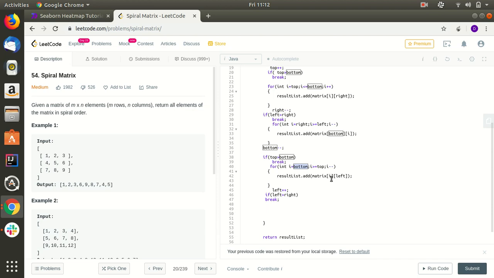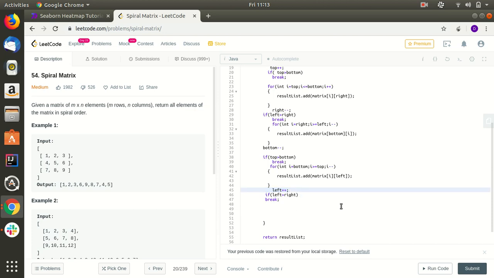As of now i is bottom, meaning 1, and we are just moving up the column. Now for this row and left, we will process this, add this, and then we will be incrementing left, left plus plus.